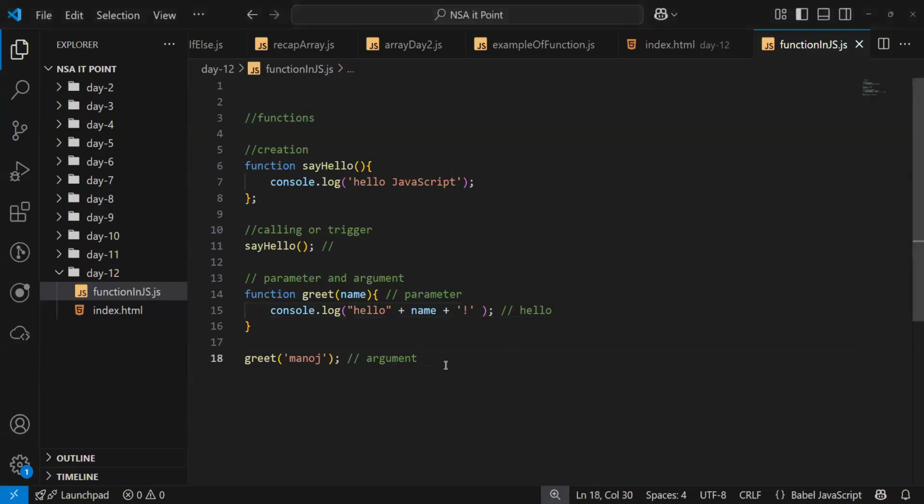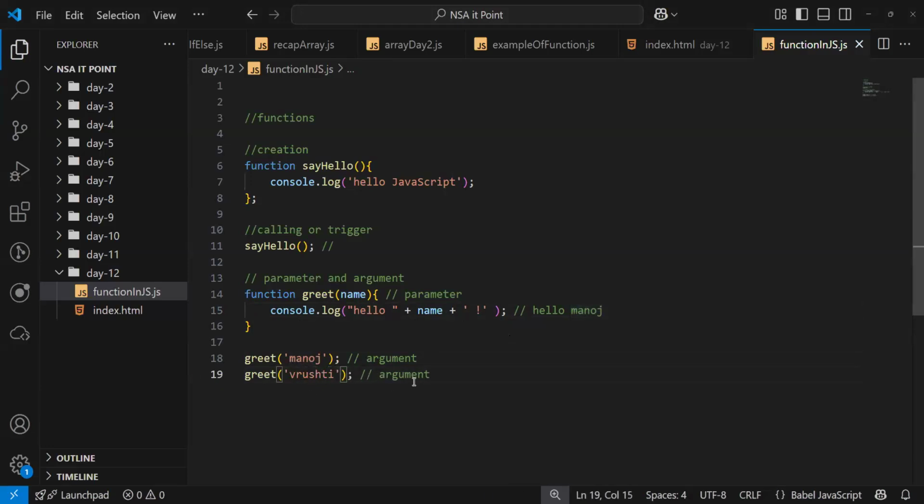I can use a space here, and here too, then it will look better. Hello Manoj.